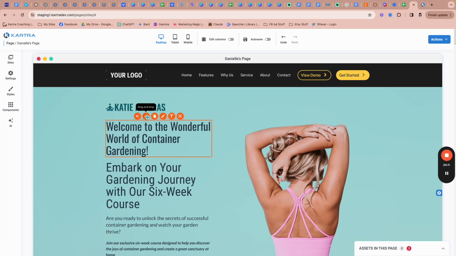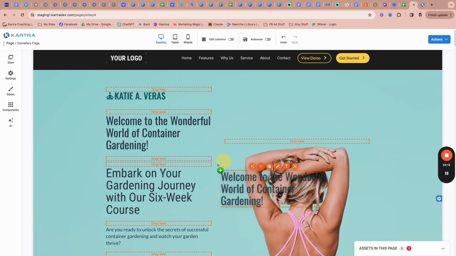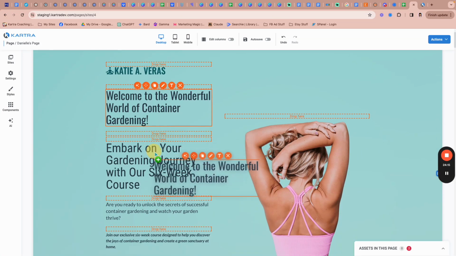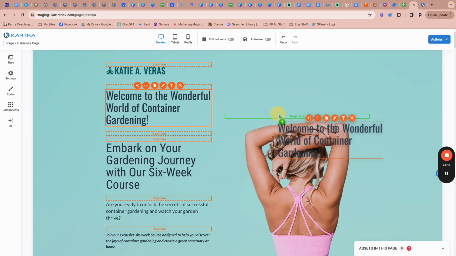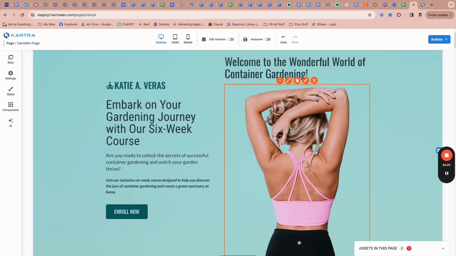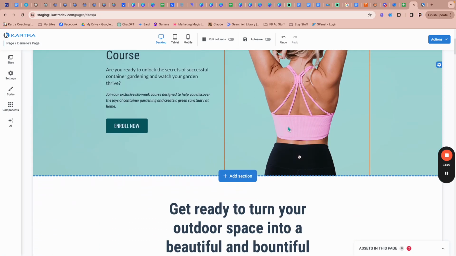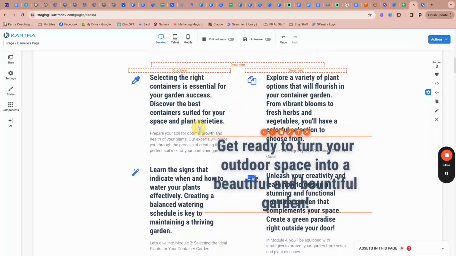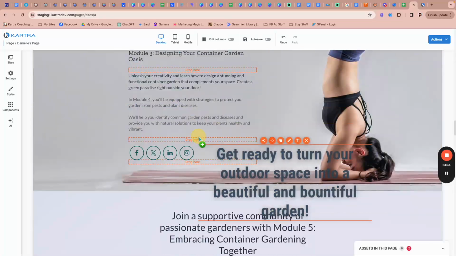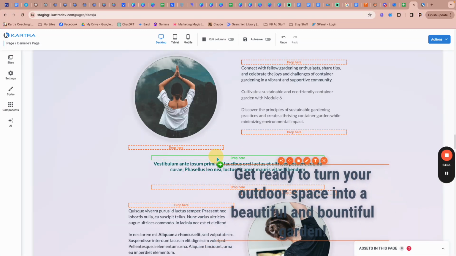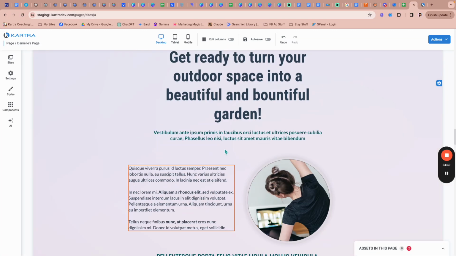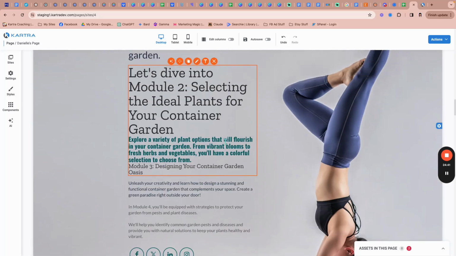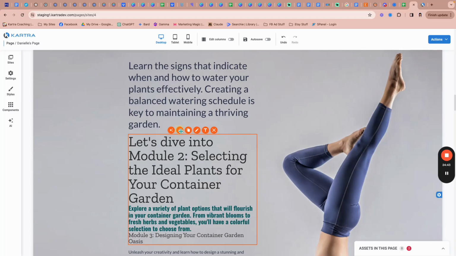Dragging and dropping seems to have been improved. We can see when we're dragging and dropping this text block, it does look a little different. The orange block is slightly visually different, but it turns green where we want to drop it, which is what we're used to. I'm going to take this text block from up here and try to drag it down here. And when I tell you that the dragging and dropping is much easier to do, you can see that my page is not,